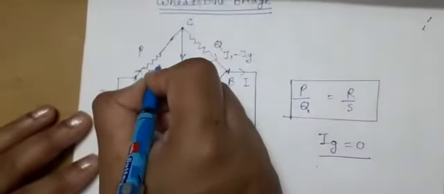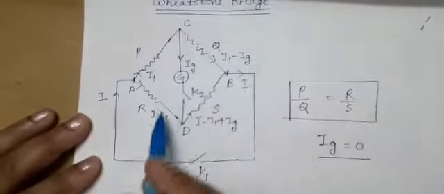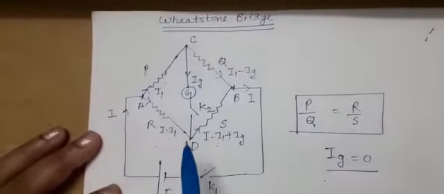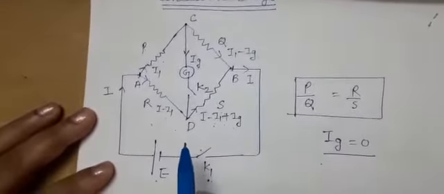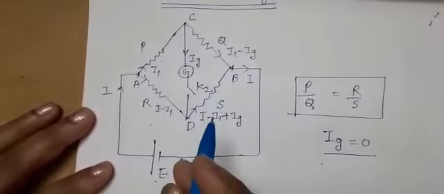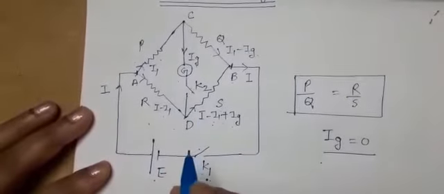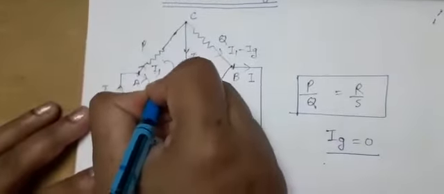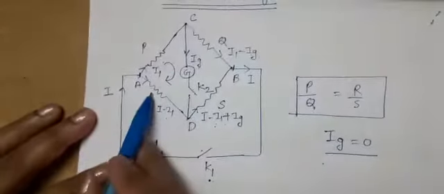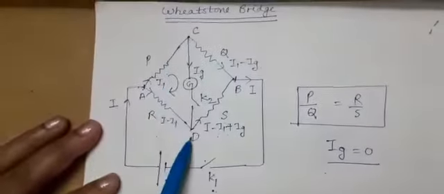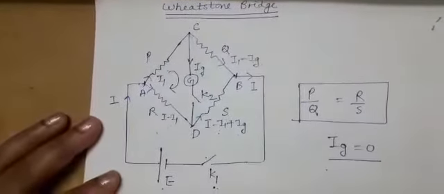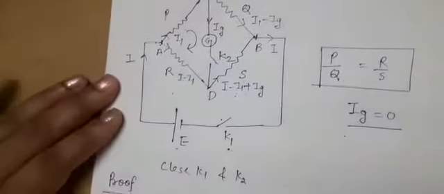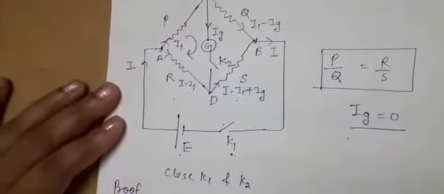Here we will take two loops. As we have unknown currents I1, Ig and I, we will frame equations on that basis. So we will apply Kirchhoff's second law, Kirchhoff's loop law. First of all we will consider a loop in the clockwise direction for A, C, D, B. We can take it in the opposite direction also. It's your choice. We can go clockwise or anti-clockwise.